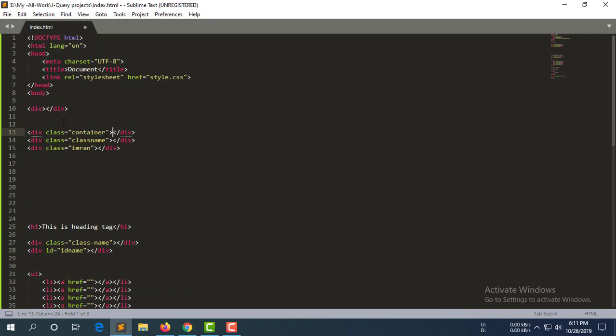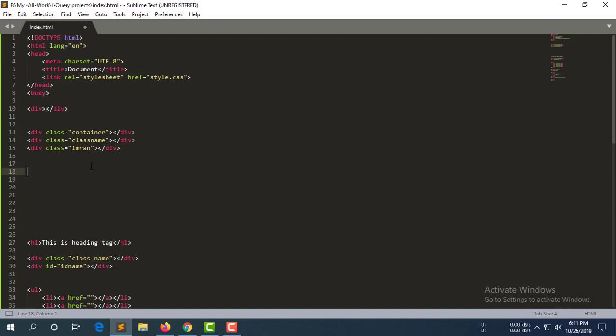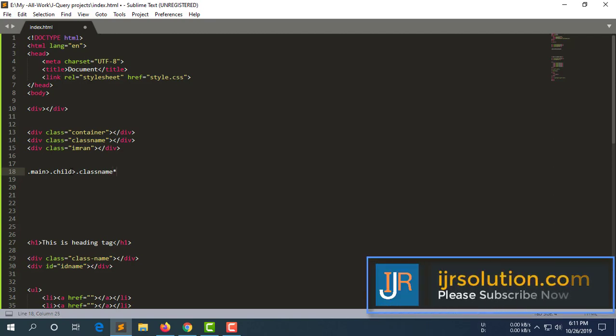Here you can see at a time I take 3 classes with 3 different plus, meaning siblings, and greater than means, now if I take main content main and the greater than, then take again a class name child. If I again take greater than section and dot class name, if I take the class star 5,